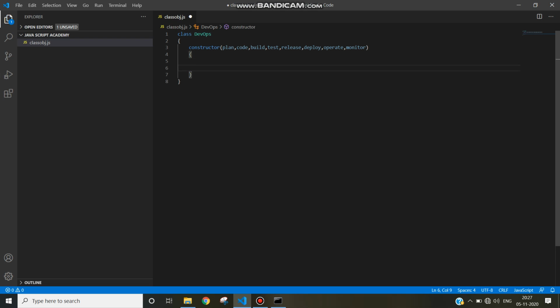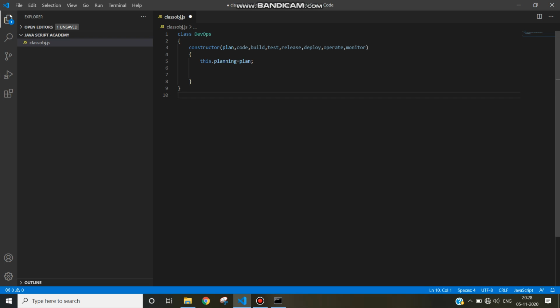Now inside constructor, we are going to initialize the instance variable by using this keyword. So this dot planning equal to plan.